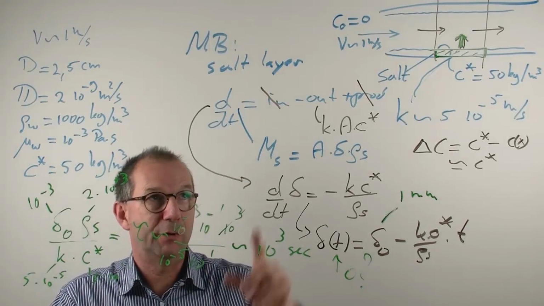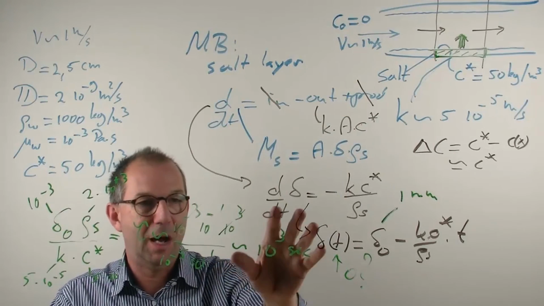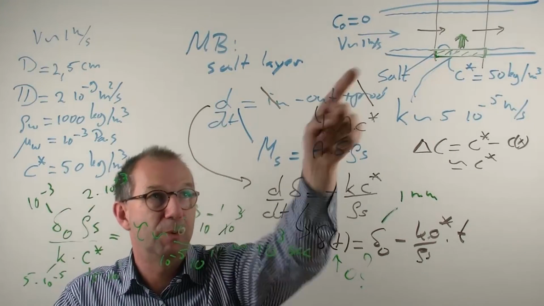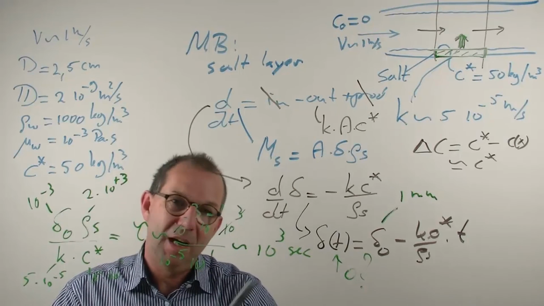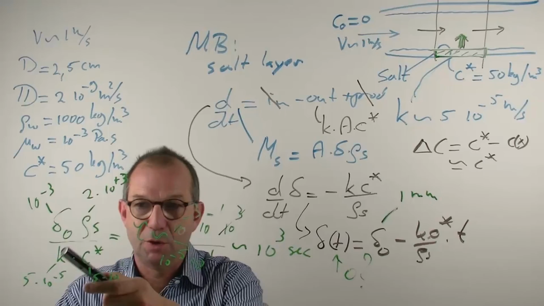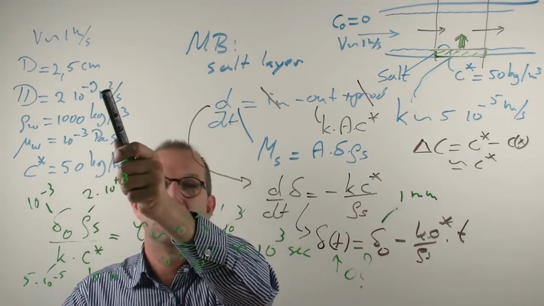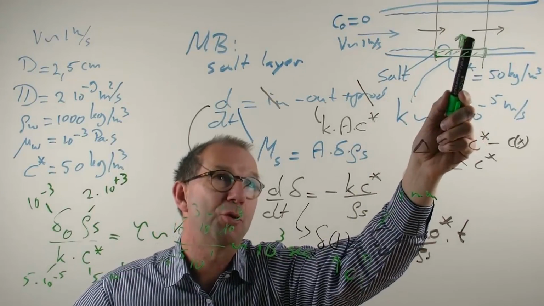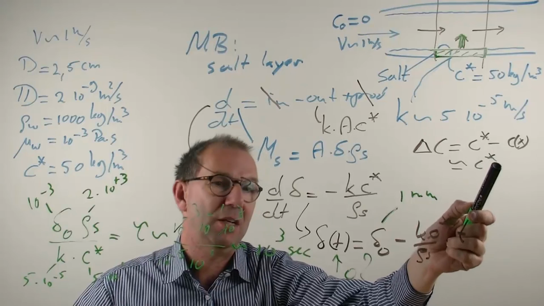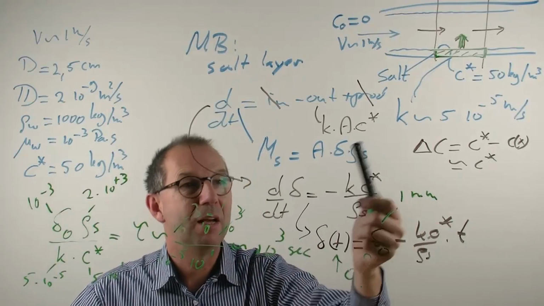So it takes a while flushing. And now 15 minutes may not be long, but compute for yourself how much water you have used. You flush with a meter a second. This is quite a bucket. And it's due to the slowness of diffusion processes, that K here is low because the diffusion is so low, no matter what you try. We kept the driving force at its maximum. We estimated it at its maximum. So in practice it will even be slower than this.